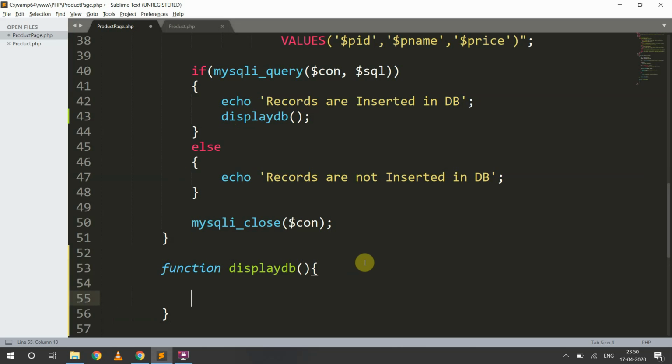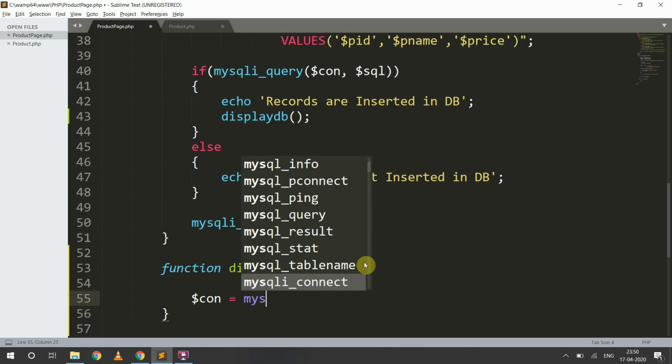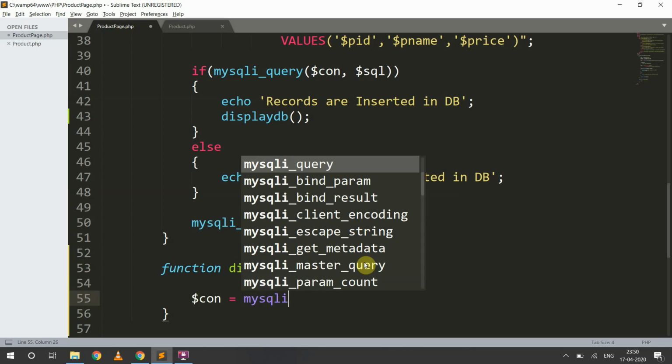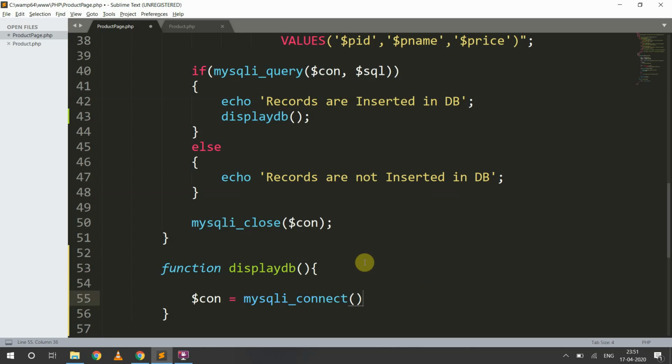First thing is that we need a connection with the database, and to do the same thing as per the previous lecture, we will take a connection variable and call the mysqli_connect function. Here 4 arguments are required: localhost, that is the server, then root, the username, password empty, and then our database, this is product.